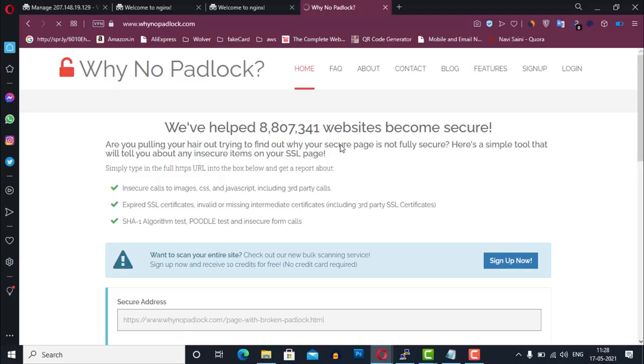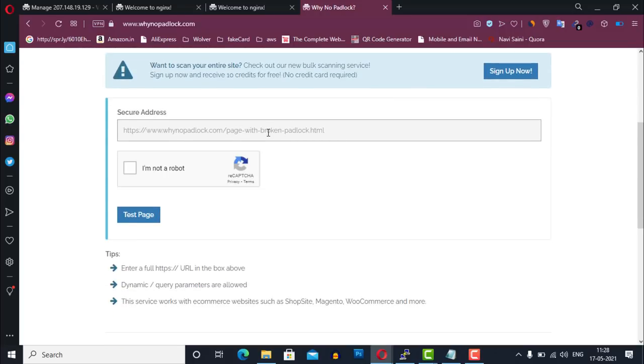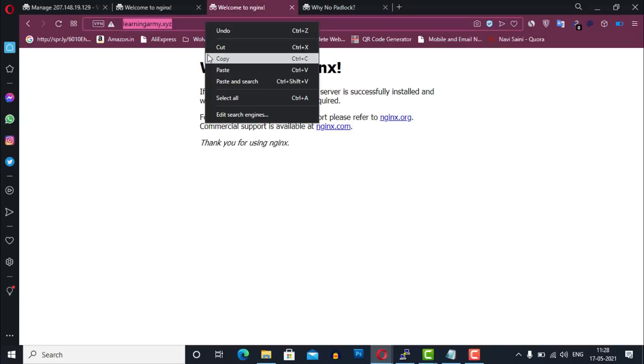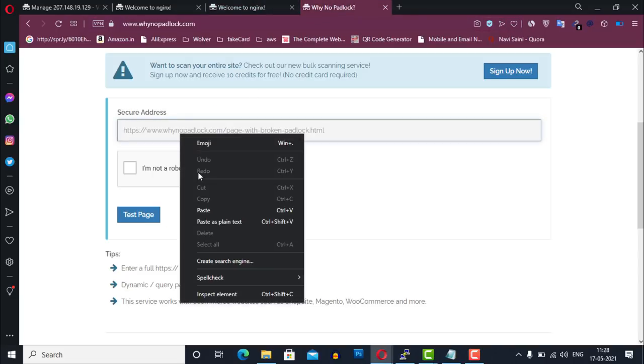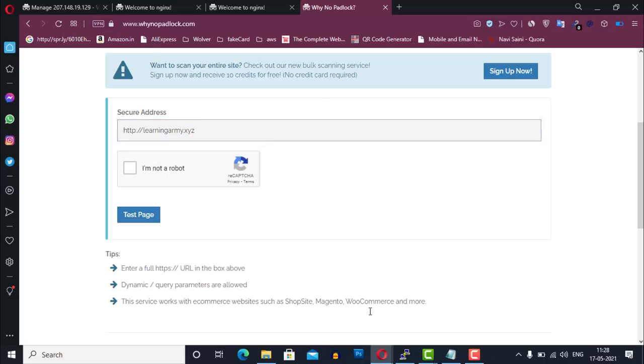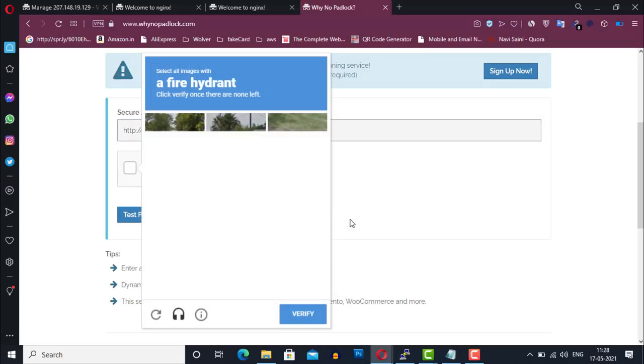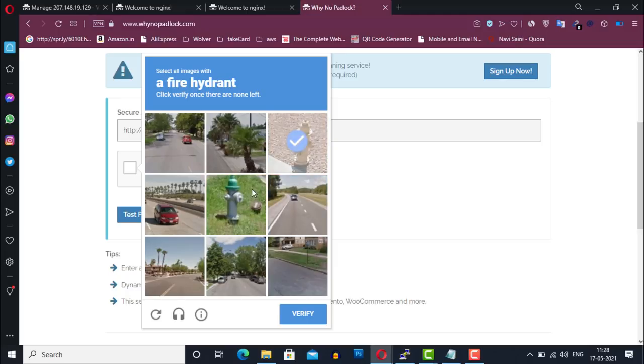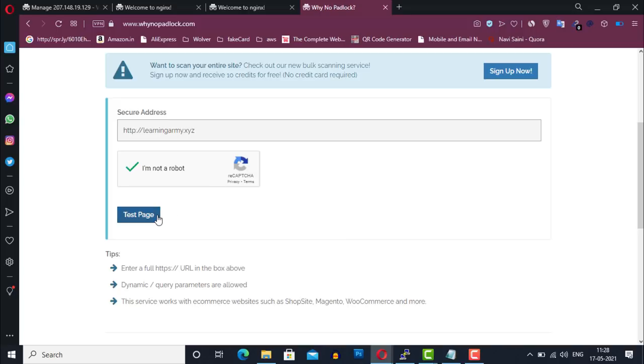So first of all, let me show you my non-secured website in Why No Padlock. So copy your website address and paste it into this box. Solve this CAPTCHA, and click on the Test Page button.